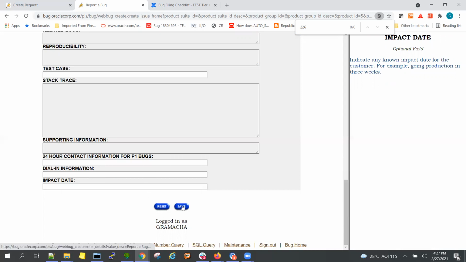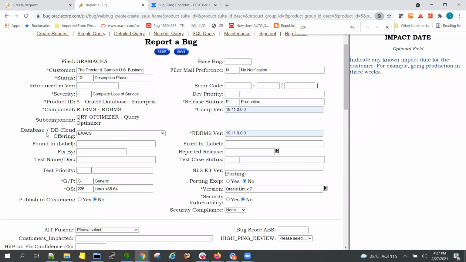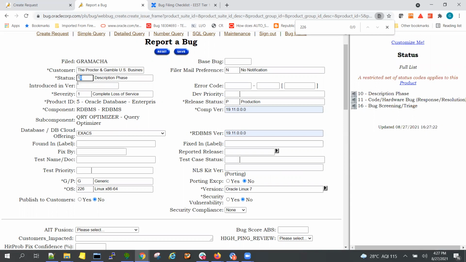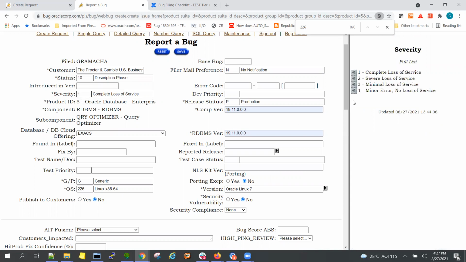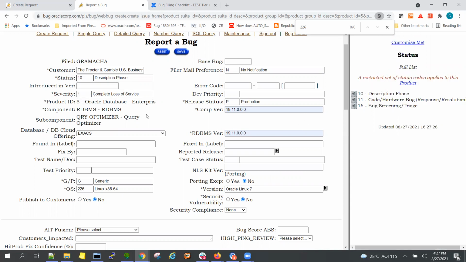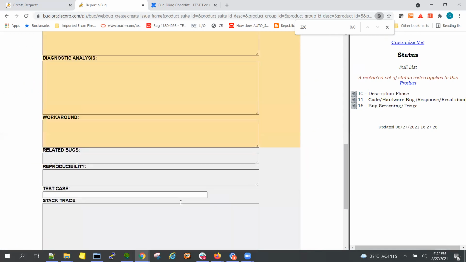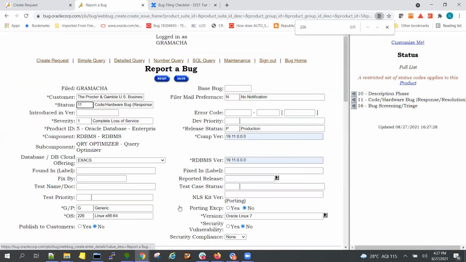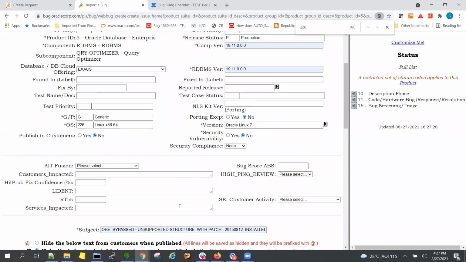And then save. Okay, now once you save, the bug will be created, but still the status is 10. Now you have to move it to status 11. Once everything is done, you will reopen the bug, change the status to 11 and do a save. Another important point here is once you save it,